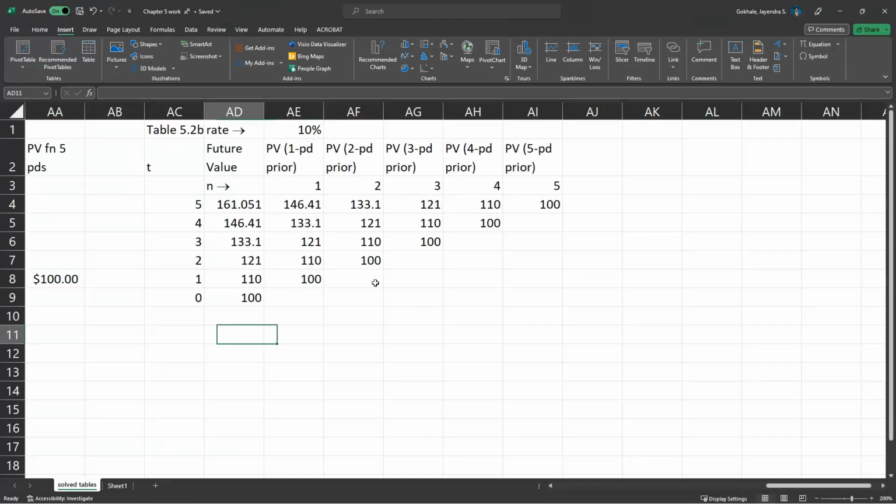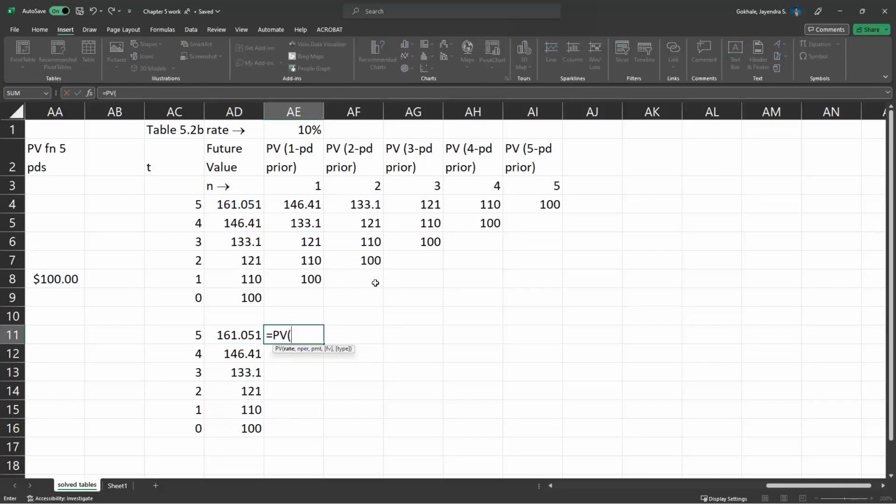Now we can repeat this process using 5, 4, 3. No, we can actually use this with the formula. So it goes this minus 1, Control D, Control D, Control D, Control D. And then we can use this using the, first of all, let's just keep these numbers. So the future value numbers are given to us. Now we can actually use the PV function. And to use a PV function, $AE, $1, number of periods. So how many periods do you want to go back? That'll be AE, $3, because we want this to shift to the right but not to below, comma, payment is